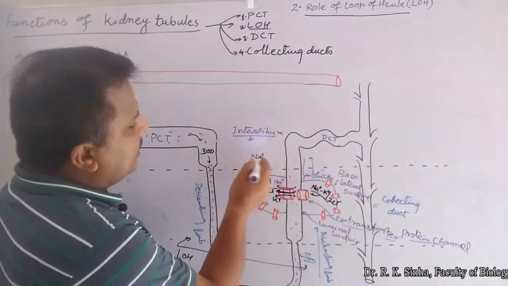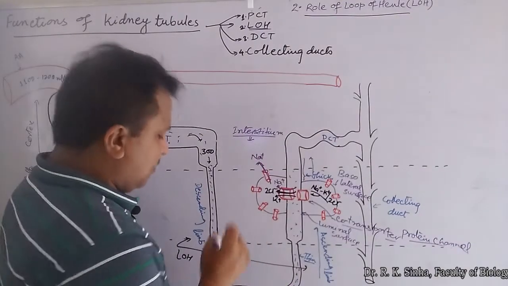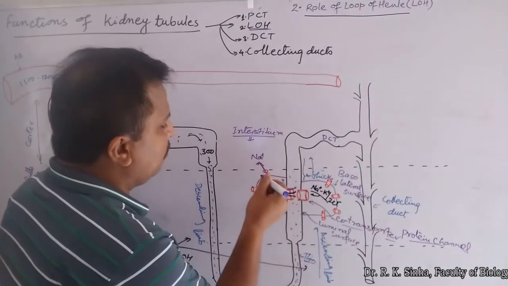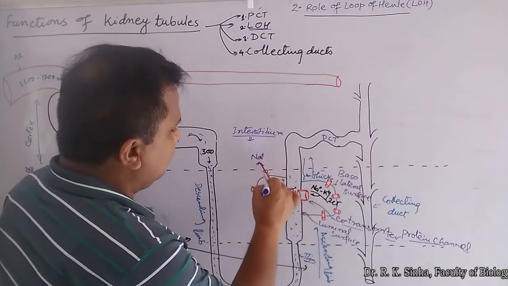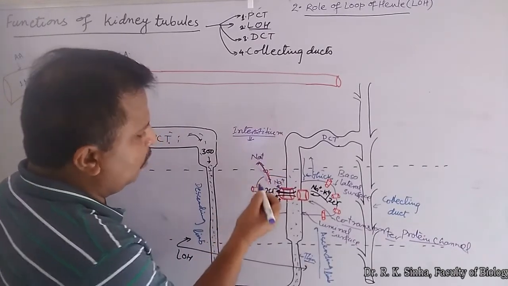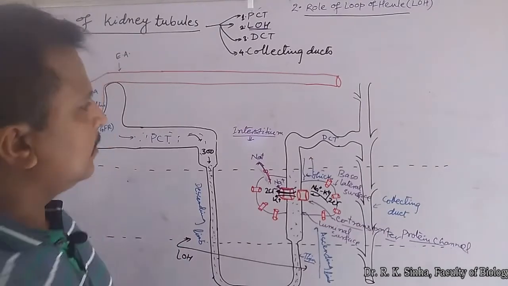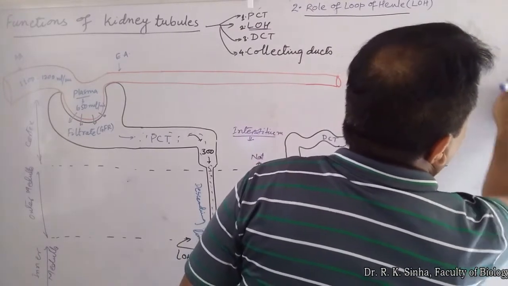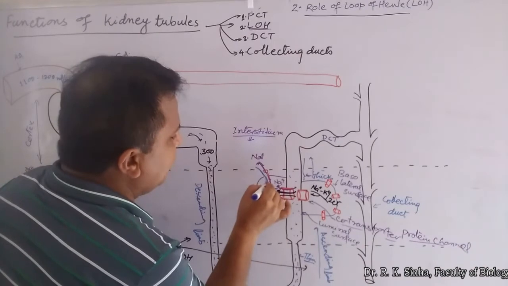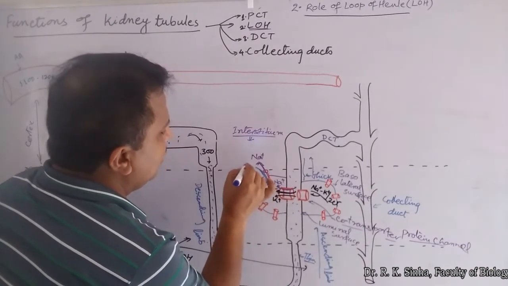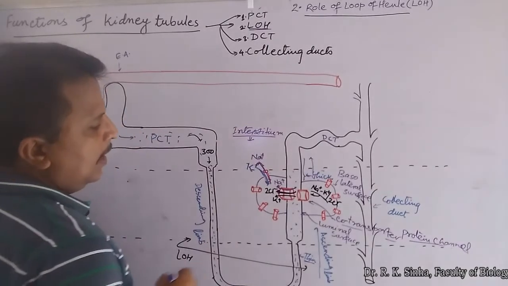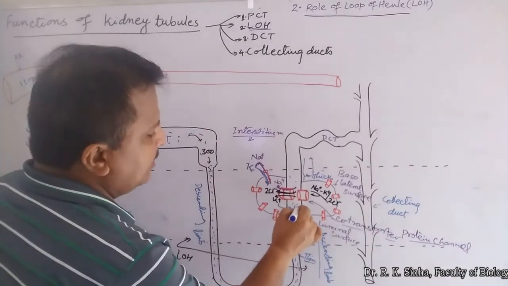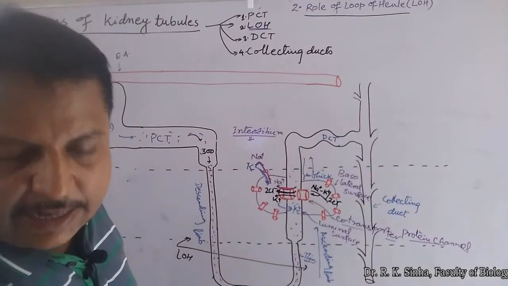Okay. So as this sodium will be passed out, some of the potassium will be reabsorbed here. The potassium will go inside it through this channel. And when it is added, some of the potassium will move back into this lumen, which means it will be added into the filtrate.